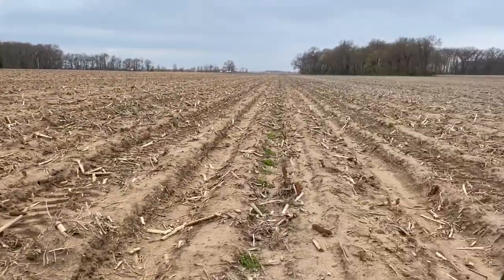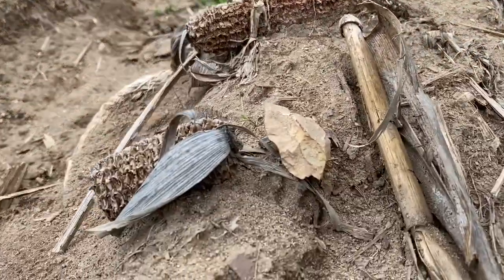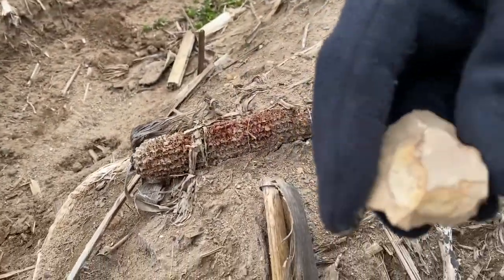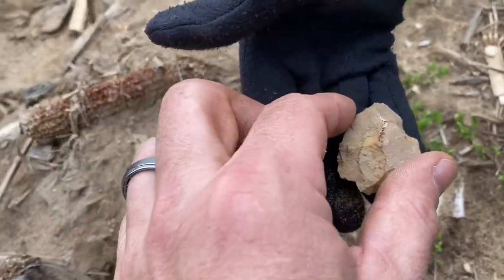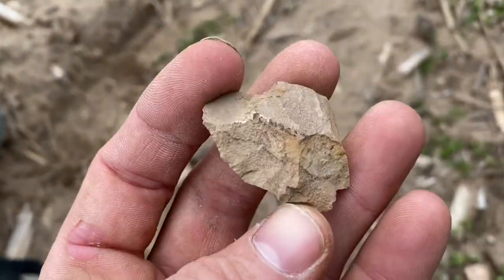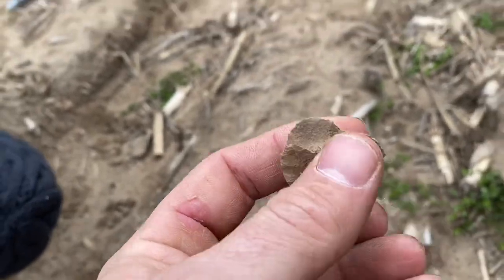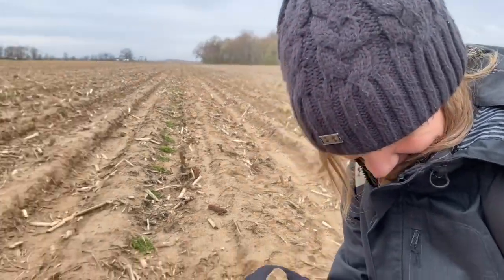And Deacon's got something over here. It looks like, I don't know, maybe a big chunky tool or something. Not a day full of finds, so we figured we'd video some other stuff. Yeah, it's pretty crude. Yep, it's definitely a tool though, isn't it? Oh yeah, flaked all the way, big flake scars. Yep, big old chunky tool. Just like you. That's cool. Awesome. Well, on that note,